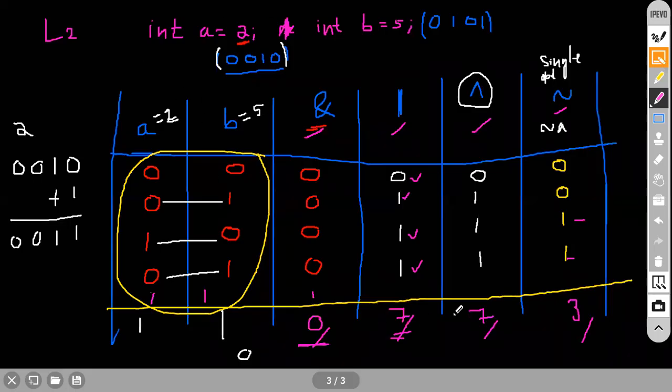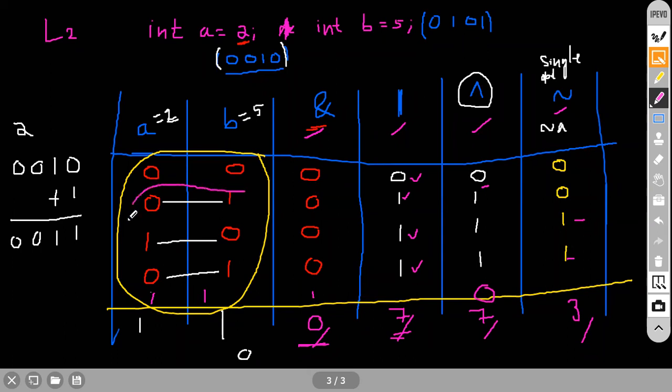Okay. So here, that is exactly what I told you. When it comes to the XOR operator, if both the operands have similar bit values, then the result will be 0. Suppose it is 1 1, then also it will be 0 only. If it is 1 1 also, then it will be 0.